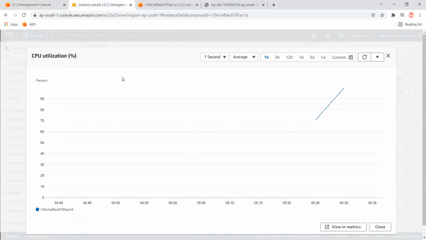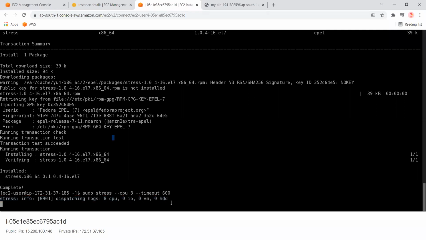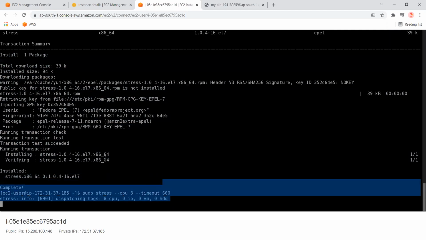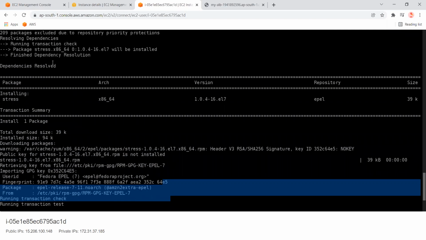Since this server is already hung and I cannot edit this, to normalize the CPU of this server, let me restart this server. Okay.